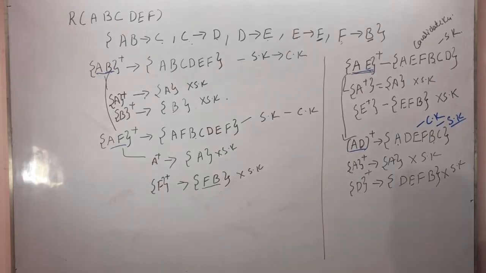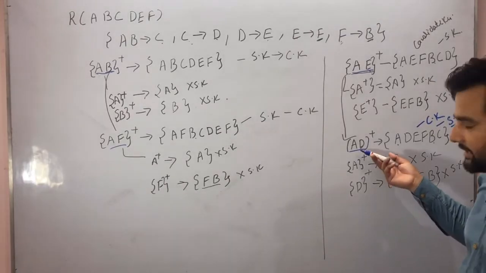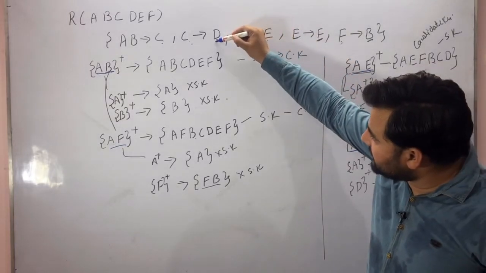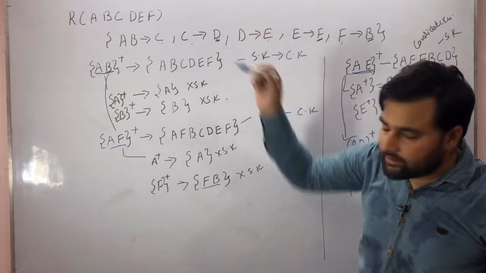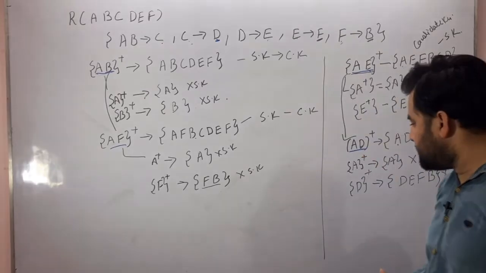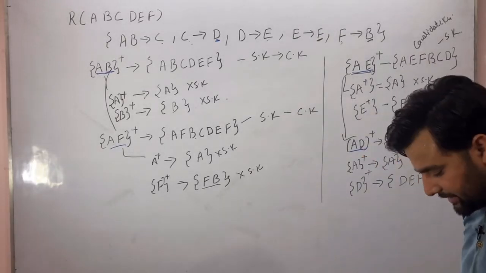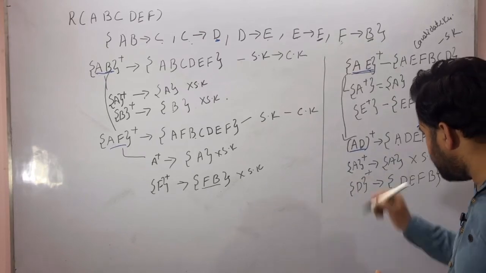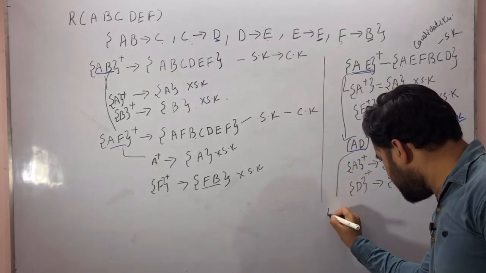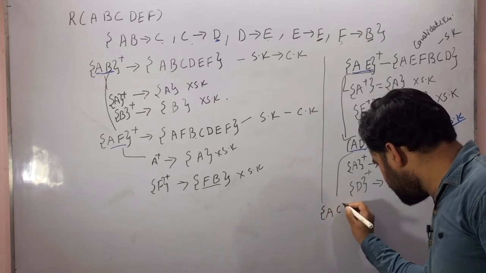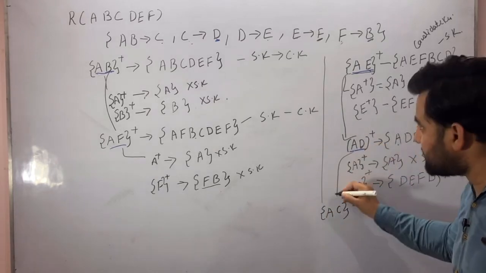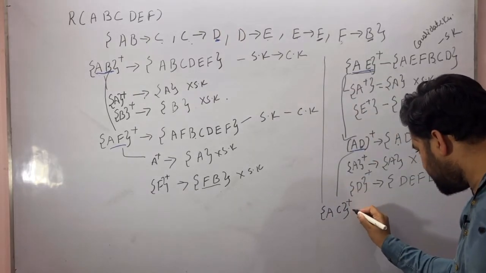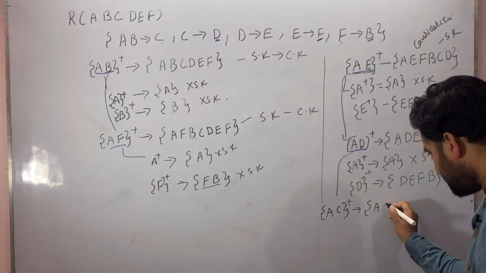Okay, so student, we will find whether we have any other candidate key. Here student, you can see that there is the attribute D, and D is determined by what? D is determined by C also. Okay, so I will write it here. So we can see that the next candidate key is A and C. Okay, D is replaced with C. So here AC is another candidate key. So let's check it. A, C.